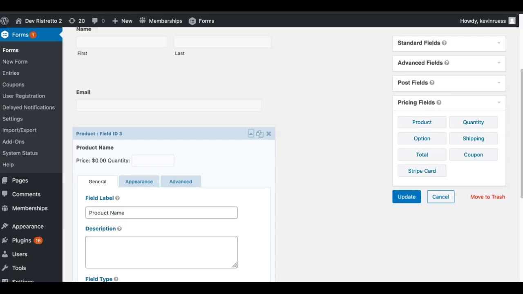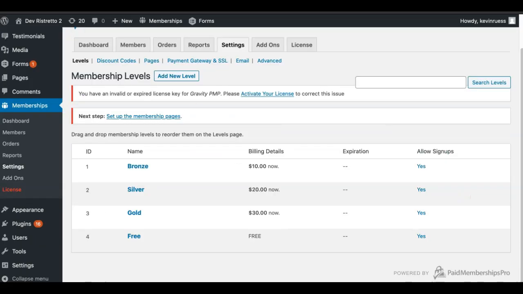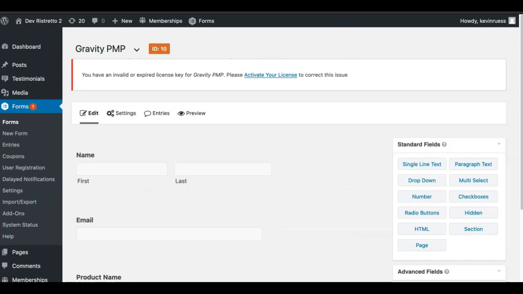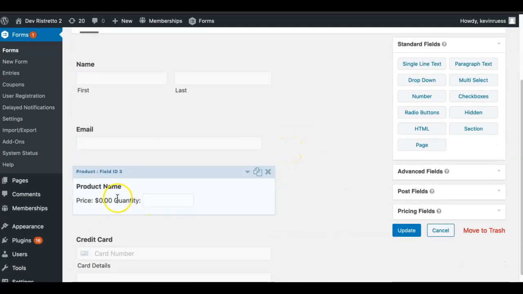Now, before we get into this, I want to show you my Paid Memberships Pro level settings. So let's jump over there real quick, and we can see I have set up 3 levels, actually 4: a bronze entry level, a silver, a gold, and then a free one. So I'm just going to show you how those would look in setting those up for registration in Gravity Forms. Let's just check out those. I've set them all up to a $10, $20, and a $30 rate.